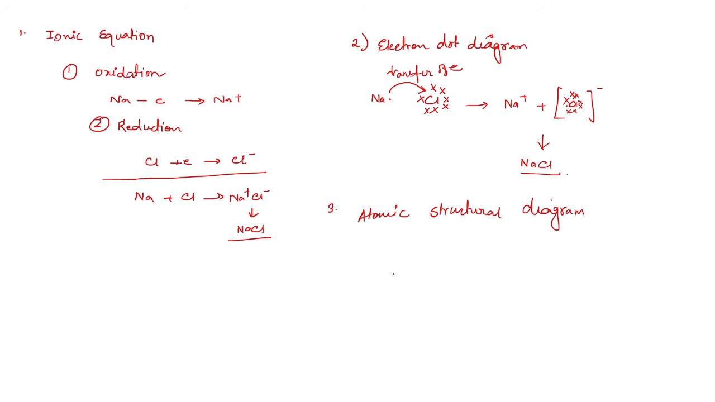Okay, sodium has 3 shells because it is present in period 3. So the first one, the second one, and the third one. So here 2, 8, and 1. Plus chlorine will have